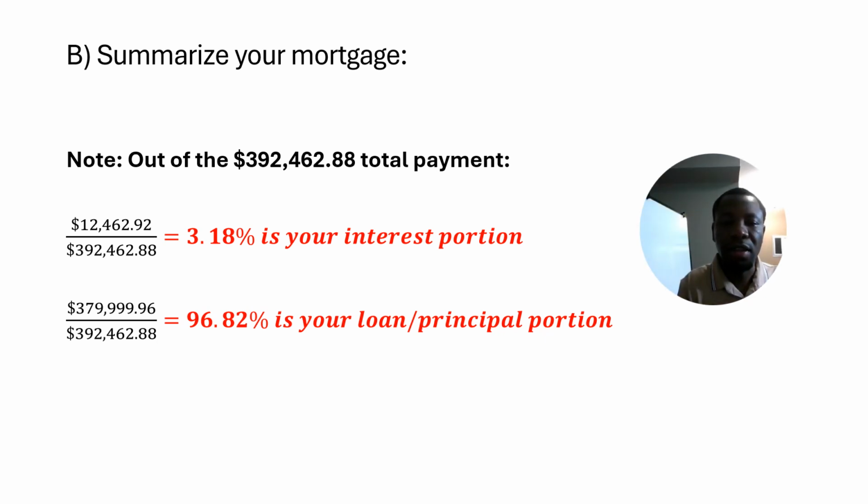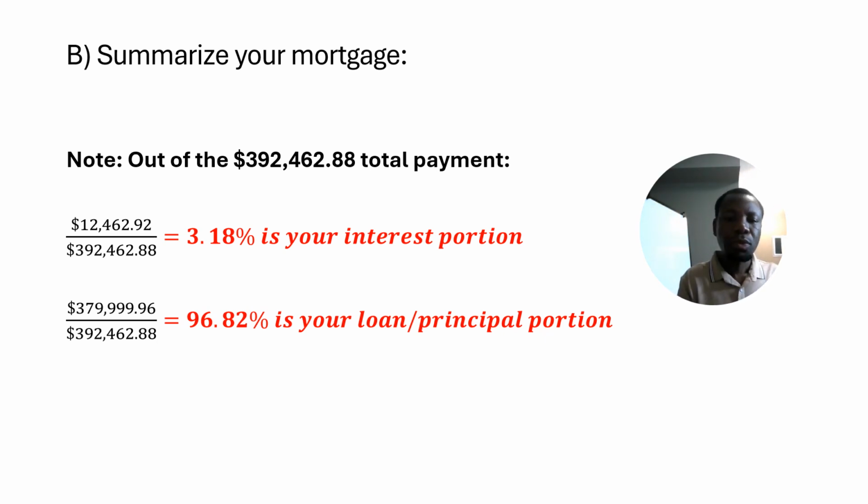Since you have this total, you take the 12,462 and 94 cents and divide by 392,462 and 88 cents, your total coming from the payment column. You're going to get 3.18%. So this is your interest portion. In this case, the interest is still a little bit lower because the loan was eliminated earlier. But if you keep taking too much time paying your loan, you see that the interest portion is going to be higher compared to the portion which goes toward your main balance,